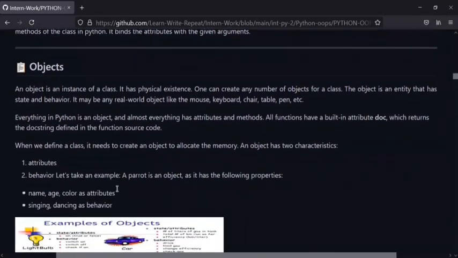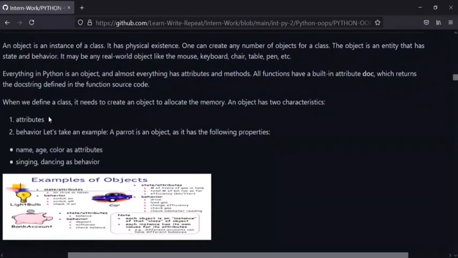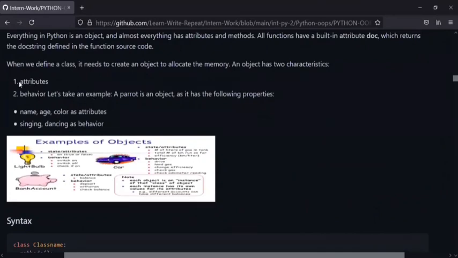Now we look at an object. Objects are the instances that are created from our class. We can create any number of objects for one single class, but whenever we define a class, it is important to create an object so that it allocates memory to that class. The important characteristics of our object are attributes and behavior.